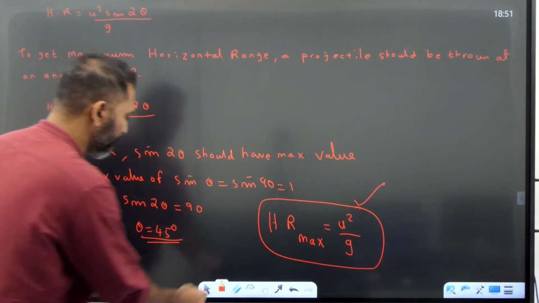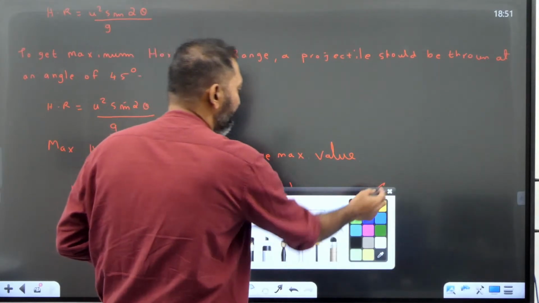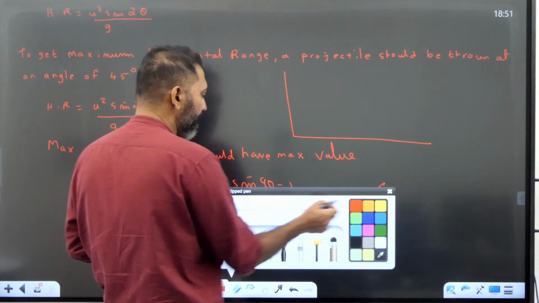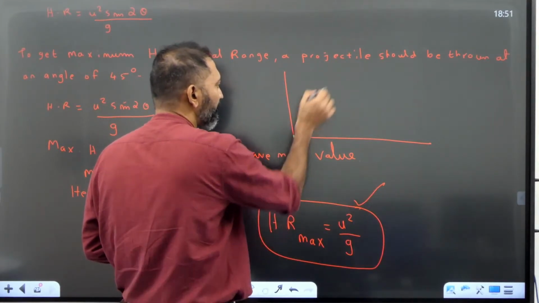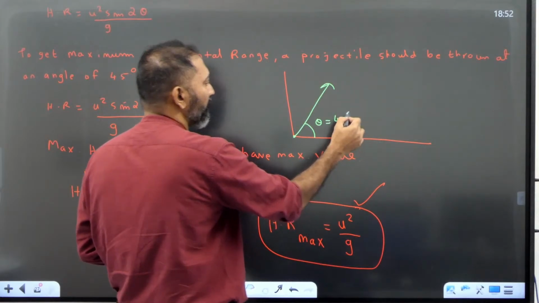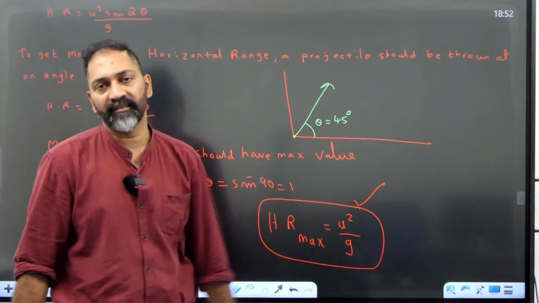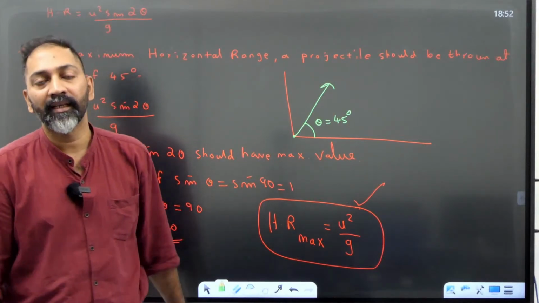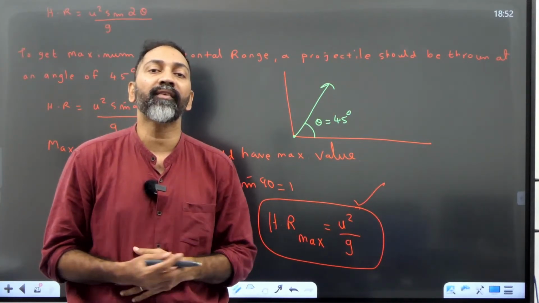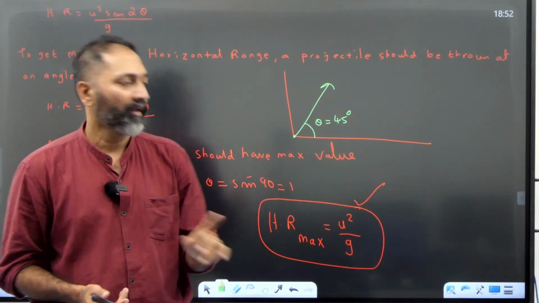Then when I took this topic, one student asked me, sir, next time when you participate in javelin throw competition, you should be holding the javelin at an angle of 45 degree with the horizontal. Then only javelin will go maximum distance. Then that student asked me, sir, if all of us are holding the javelin at an angle of 45 degree, then all will have same horizontal range. No, because the initial